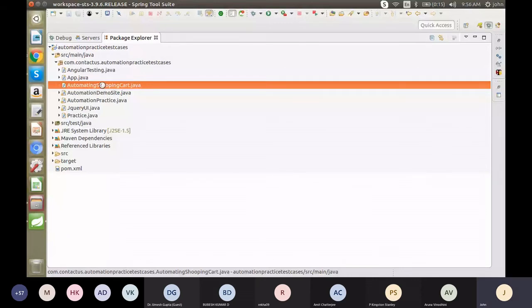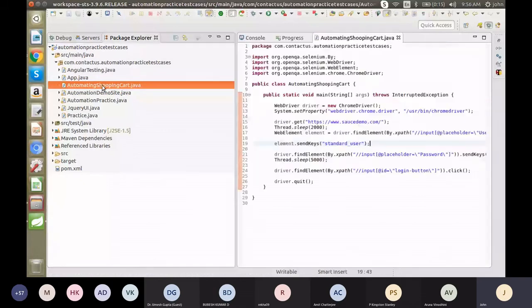So okay, we'll put some Thread.sleep here and then we'll see. So is it going to the login page or not? So I'm giving 7 milliseconds.